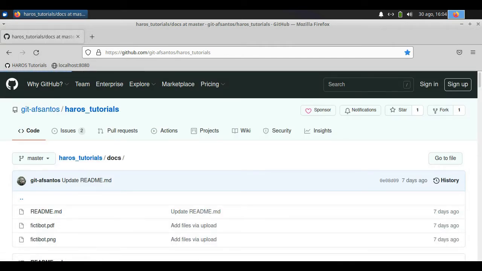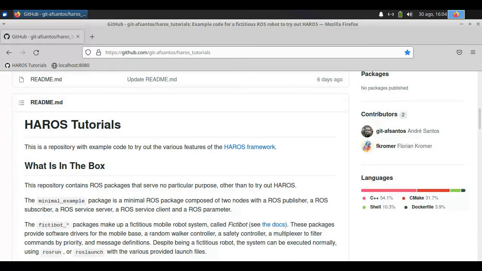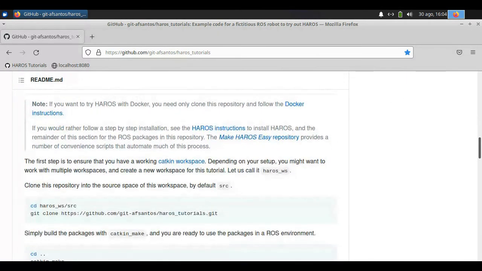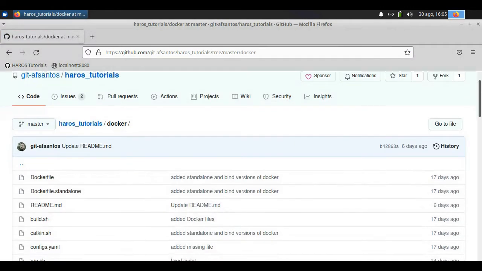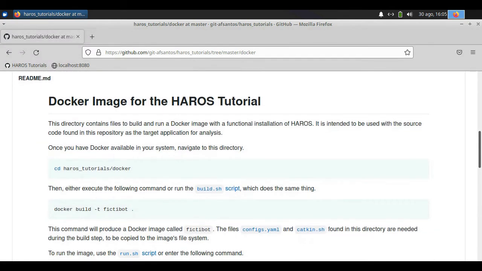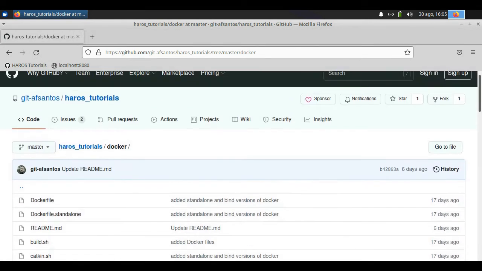So let's get back to the main page and start reading on the installation instructions, which in this case is going to be based on Docker images. So let's get started with the installation of the Docker image to try out HAROS in this tutorial. And as I've mentioned before, this virtual machine already has Docker pre-installed.